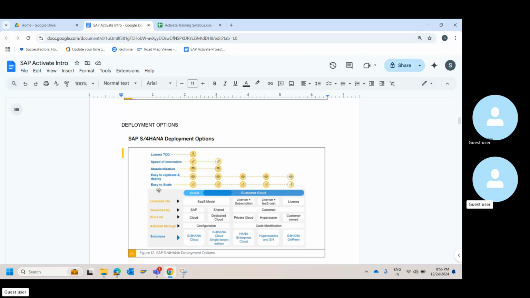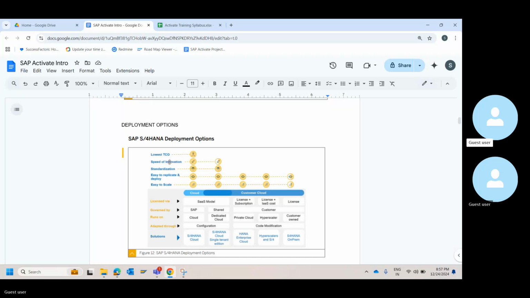Then you also have to understand which option has the lowest TCO. What is TCO? Total cost of ownership. Tomorrow, if I have to leave the system and move to a different system, what happens when I have an on-prem system? I will have servers, subscriptions, applications running, a team supporting the networks, and a team managing the infrastructure. All of these things will be taking place. However, when it is S/4HANA Cloud, you need not worry about anything. So that's why it says lowest TCO against S/4HANA multi-tenant edition. You got this point.